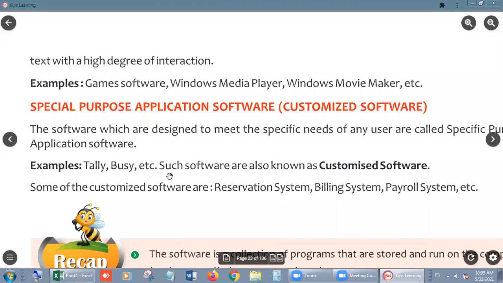जस्ट लाइक आजकल लोग अपनी बाइक को, गाड़ियों को कस्टमाइज करवा लेते हैं ना, अपने हिसाब से शेप चेंज करा देते हैं, स्टिकर्स लगा देते हैं, लाइट चेंज हो जाती हैं, that is customization, right beta? In the same way, with the software we can also perform this action. This is customized. Then these kind of software is called customized software. And the example of it, like reservation system, billing system, payroll system, etc., right?